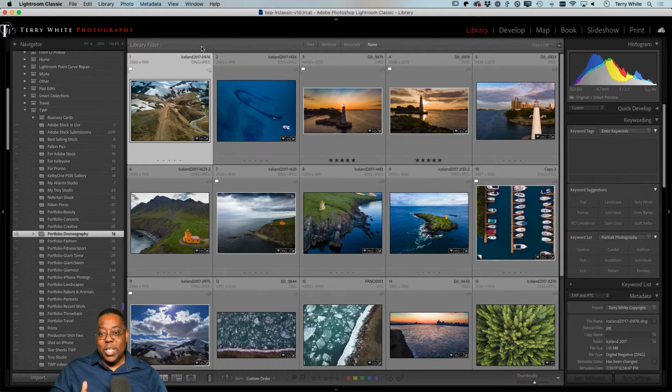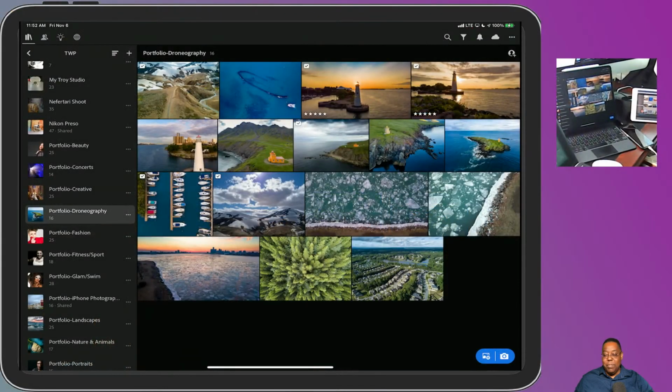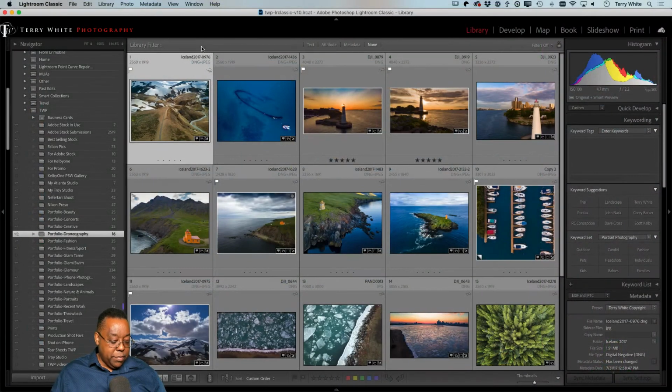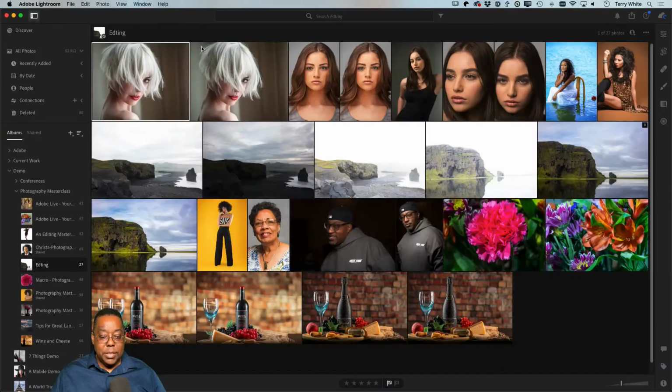So that's what Lightroom Classic always did, and I just saw it pop over on the iPad, and if we go look at the iPad, now it's back to being brighter. So that's what Lightroom Classic is all about. Now, let's go back to the desktop, and if I go over to Lightroom, so here's Lightroom,